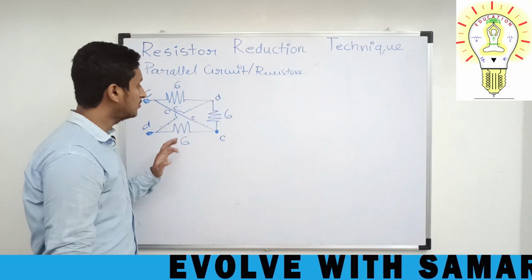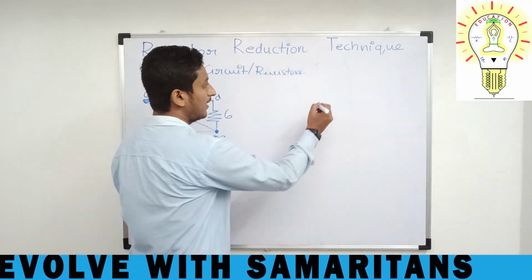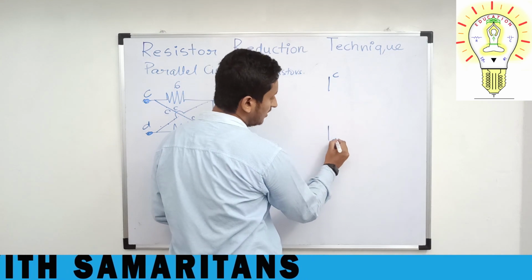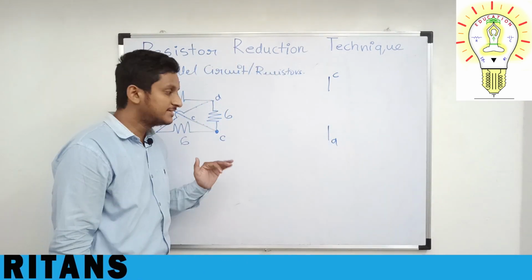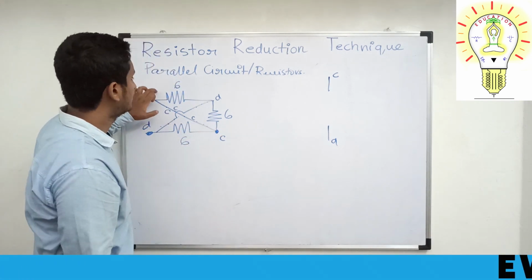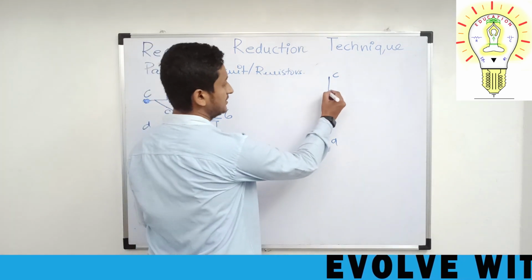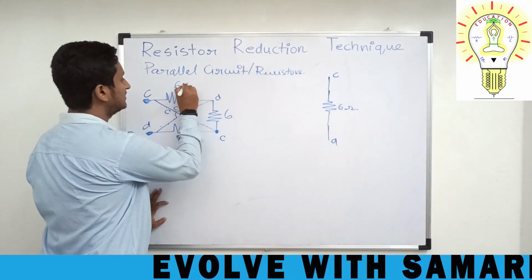Now in order to solve the equivalent resistance of this circuit, first I have to take one terminal C. And again I have to take one more terminal D. Now I have to start redrawing this circuit. This can also be called the node shifting technique. Okay. Now see this. From C to D there is one resistor. Now draw that resistor from C to D. That is 6 ohms.